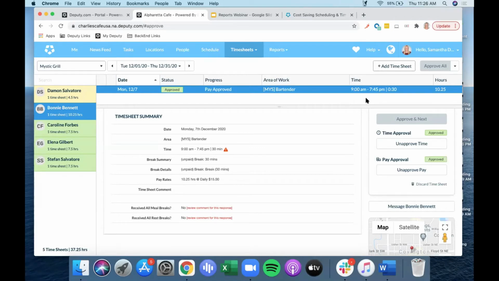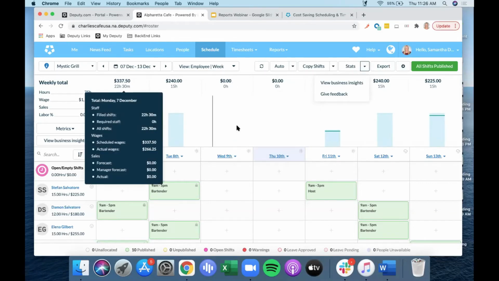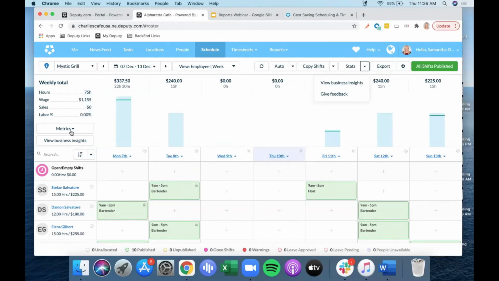How do you input sales data into Deputy? So that's going to be through the schedule tab. So if we go to schedule, you'll see all of the stats here at the top. And then you can go to